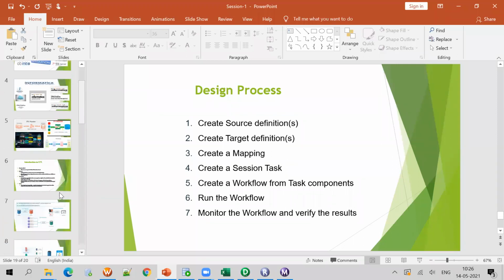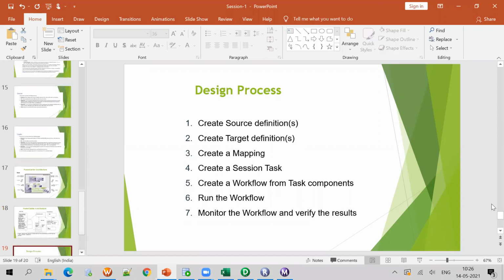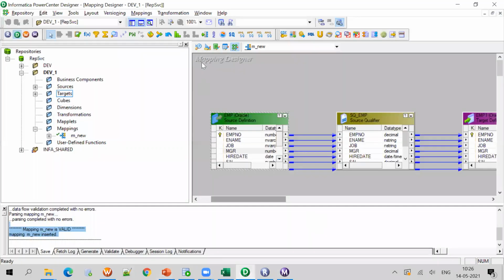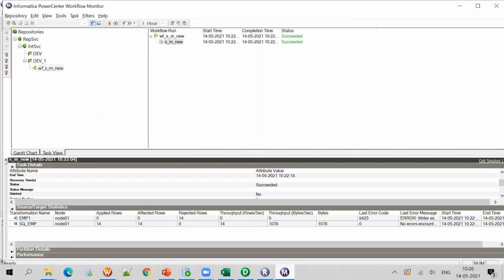Till now, do you have any doubts on Informatica? Please ask me if you have any doubts. I will explain in detail what is source definition, what is target definition, what is transformation, mapping, session, workflow, everything in the next sessions.